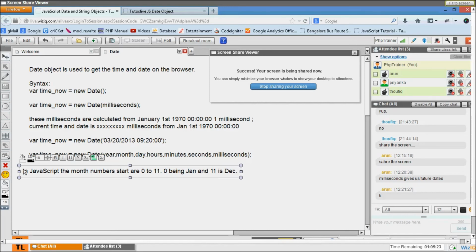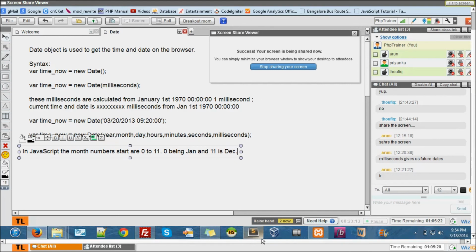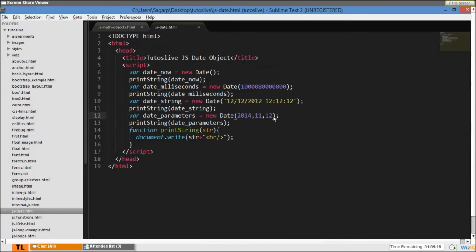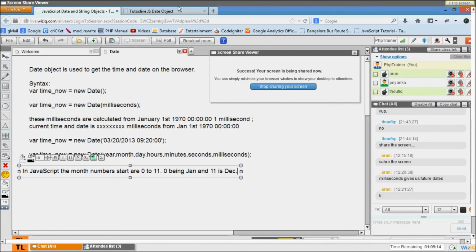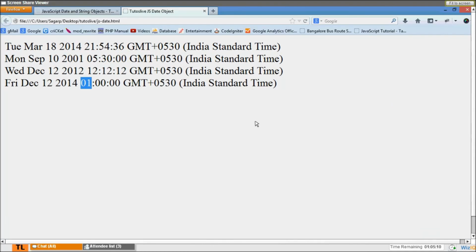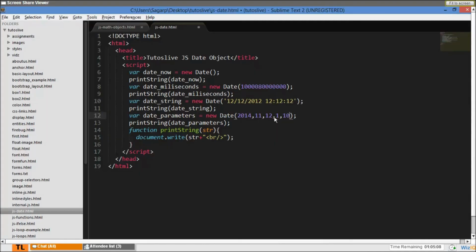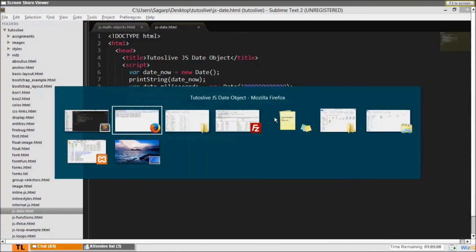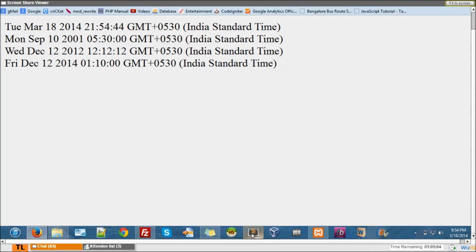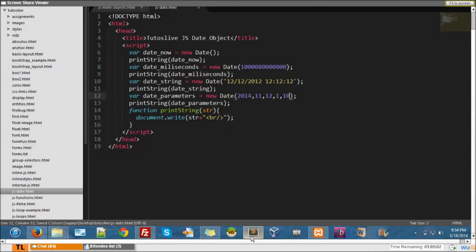Now I don't want the midnight time. I want the time to be 1 o'clock, let's say. So you see, 1 o'clock. Fine, I don't want 1 o'clock, I want the time to be 1:10. Yes, 1:10. So like this I can modify it and give the dates like this. Okay, so when do we use this? This is fine, cool. You're giving me different sorts of dates, but when do we